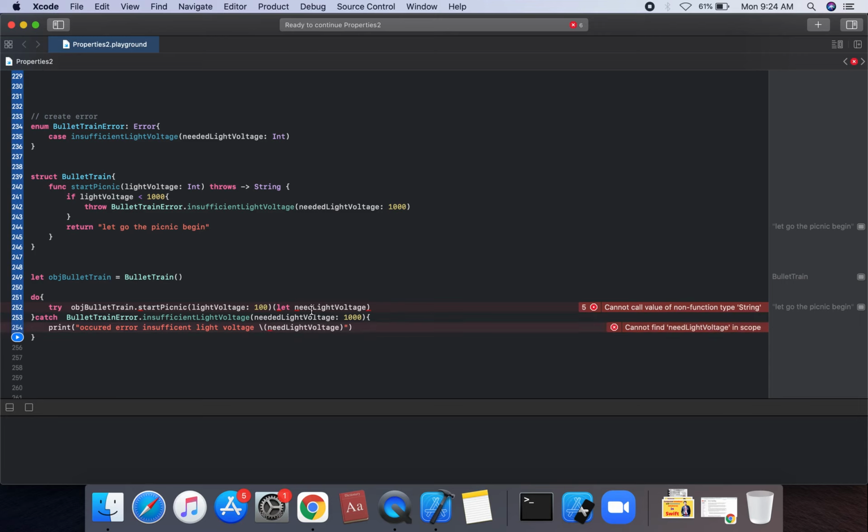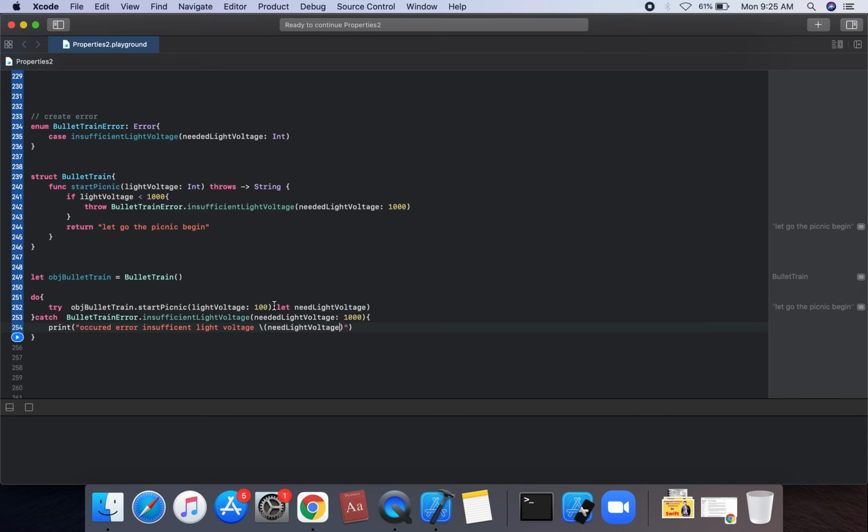and we can use try, do and catch statement. So this is a catch block. So in the catch block we assign this statement. Sorry, we can assign this catch block.